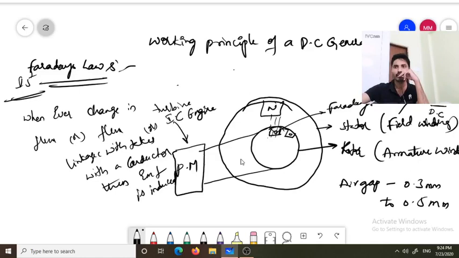Excitation means a DC supply through a battery; we are giving an excitation to the field winding. So we are giving a DC excitation. DC excitation means direct current. I already told that the magnitude of current does not vary with respect to time. So that means if at 2 seconds the magnitude is 5 amperes, at 10 seconds or even at infinite time the value is the same, only 5 amperes. So the value of current in case of a DC is not changing with respect to time.